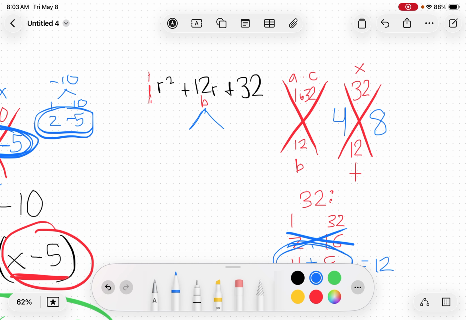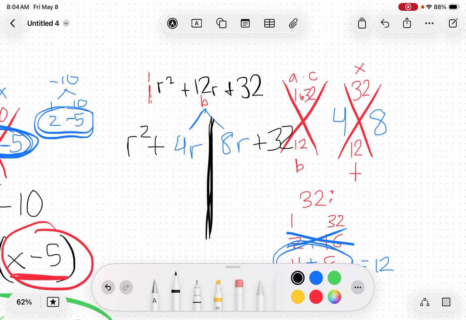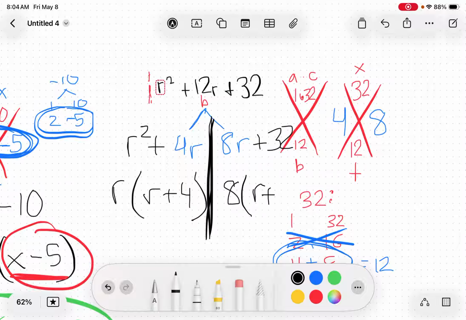So right here, we would break that 12r down into 4r and 8r. Okay, then we bring everything else down. I have r squared, and we have 32. Now we're going to break this equation in half. And what can we pull out over here? We're going to undo. We're going to do what we did yesterday. We're going to factor that r out, so we're left with r plus 4. And then over here, we can take out an 8, which is going to leave us with r plus 4 as well. And since they are the same,